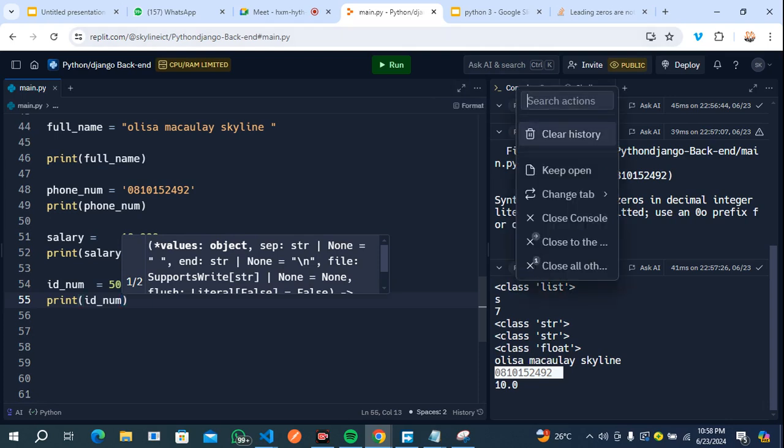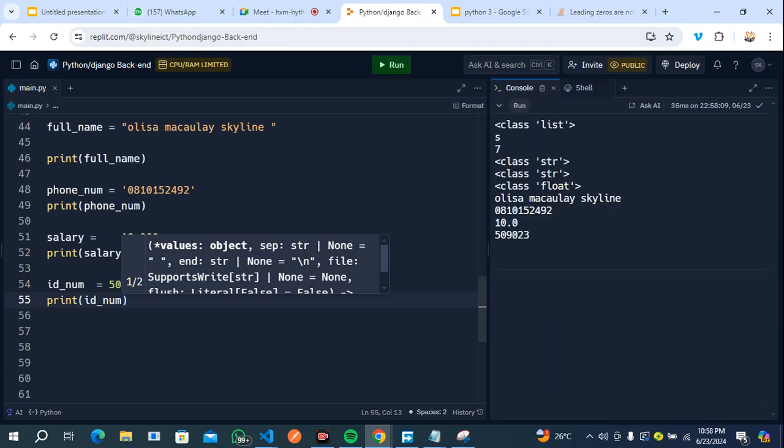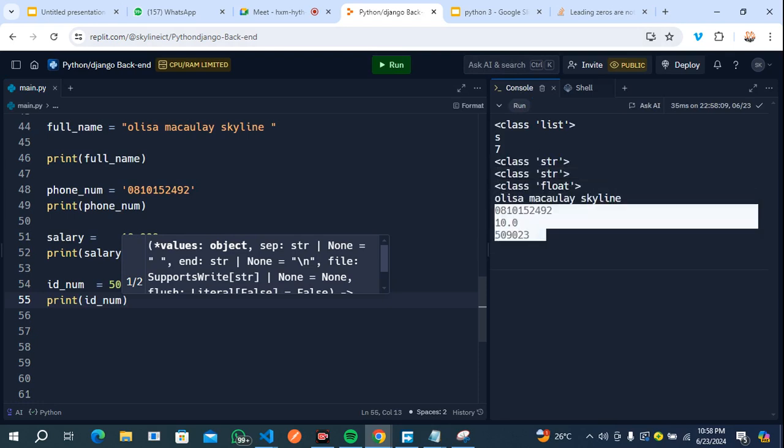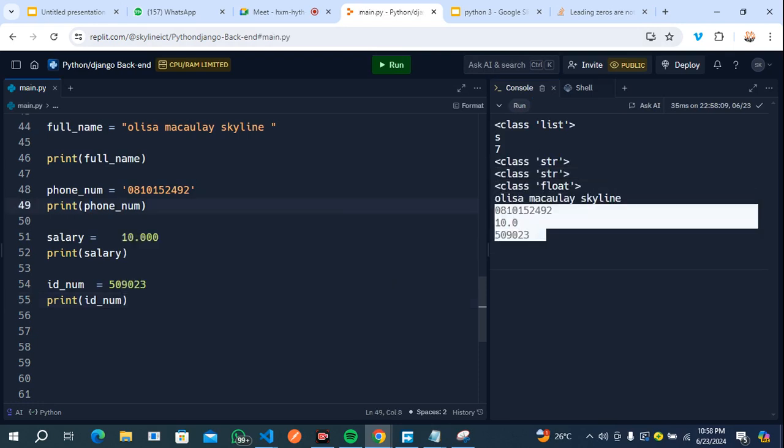Let's clear this, boom. So you can see that we have this. Another thing it is also good at is that we can convert all these things to a number, right? So we come here, we want to convert this to a string. You come here and you come here. So when you click on boom,